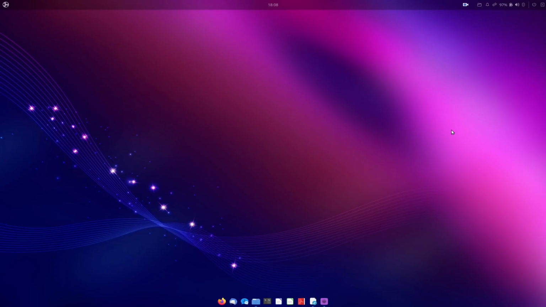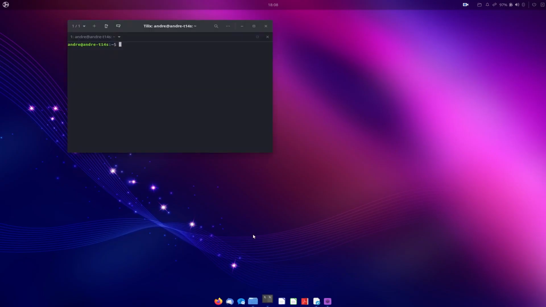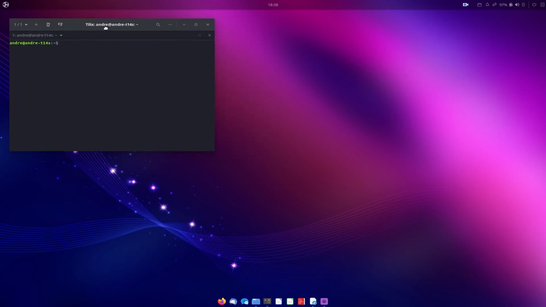For that, we will open up a terminal, and then we will create a directory within our user's home directory and navigate into it. I will call this directory demo, and we will carry out all further steps within it. So I type mkdir demo to make a directory, and then I call cd demo to navigate into it.